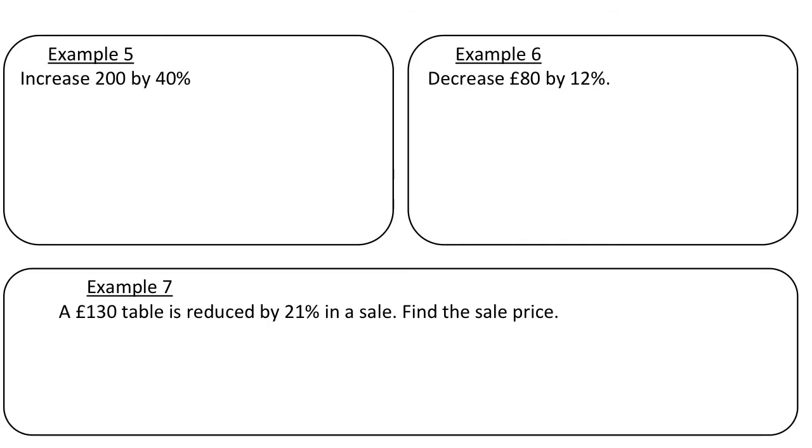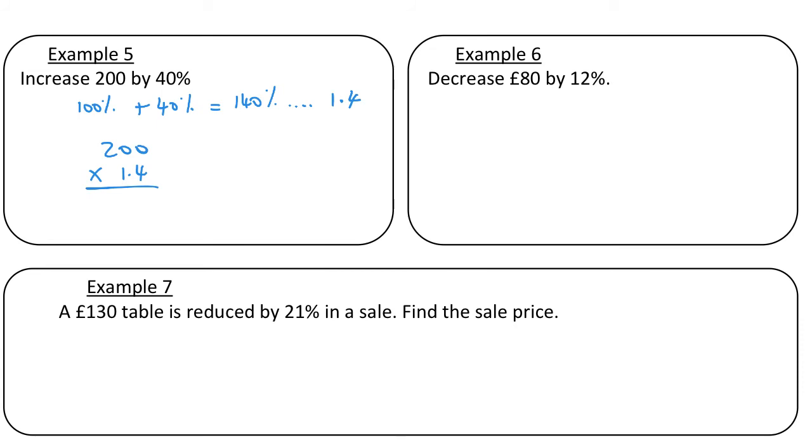So now we're going to look at examples of using our multiplying factor to increase and decrease amounts by percentages. So to increase 200 by 40%, there are different ways in which we can do this. So we could find 40% and then add it on. And we could do that by changing 40% into a fraction or into a decimal. But looking at it in terms of this multiplying factor, if we start off with 100% and we add on our 40%, that gives us 140%, which as a multiplying factor is 1.4. So if we do 200 and multiply by 1.4,